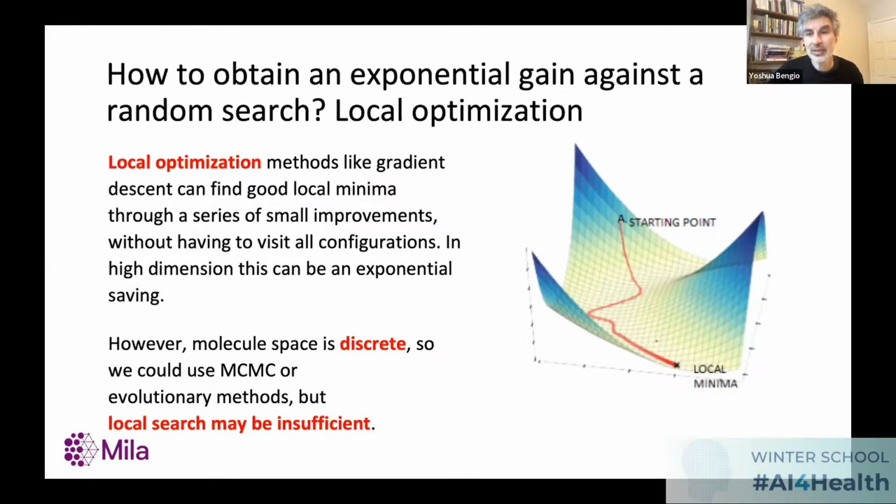We can use optimization to make small steps towards something better. And of course, chemists do that all the time. They have a reasonable candidate, and then they'll try small changes and see if that improves. And then they keep the things that improve and continue doing this. This is local optimization. It's a little bit more complicated in our case because the space is discrete, but you can still do it. And you can use a generalization of optimization called Monte Carlo Markov chains that I'll tell you about,